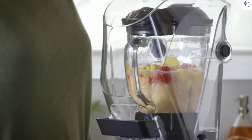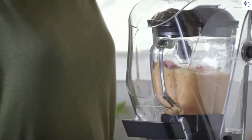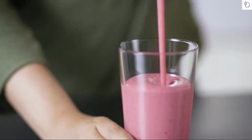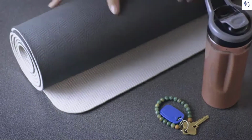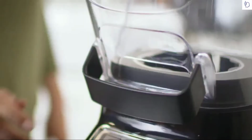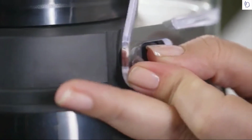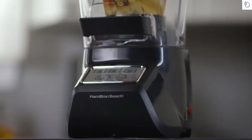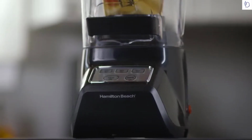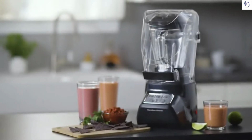The 52-ounce dishwasher-safe glass jar has a spill-stopping, drip-free pour spout to minimize the mess. It's easy to blend your own smoothies to go with the included 20-ounce blend-in travel jar. It's also easy to clean. Just lift, press, and slide the SoundShield to remove. The blades also remove for cleaning. It's a snap. Combine powerful blending, easy use, quick cleanup, and more peace and